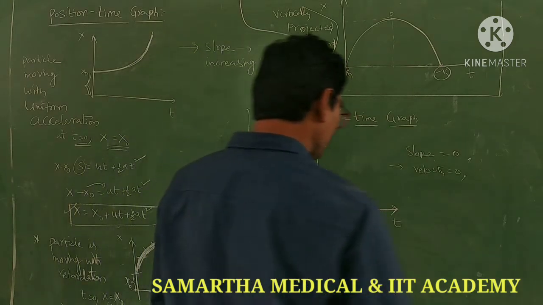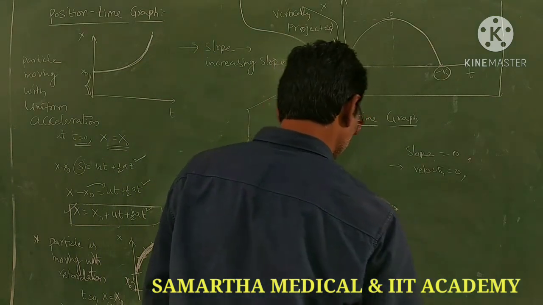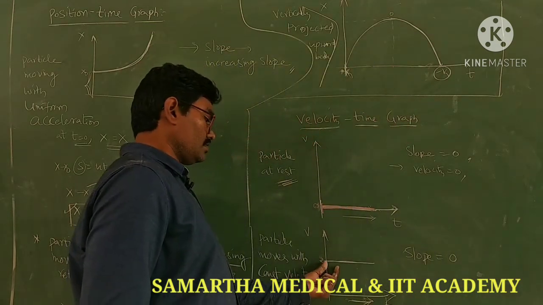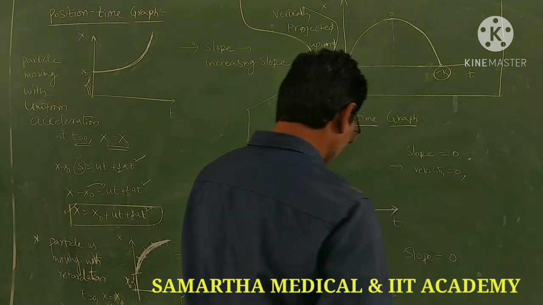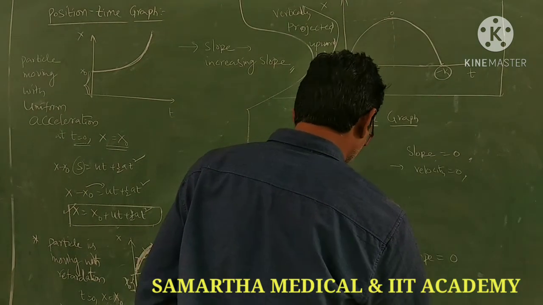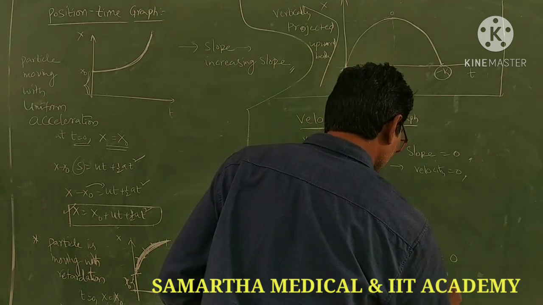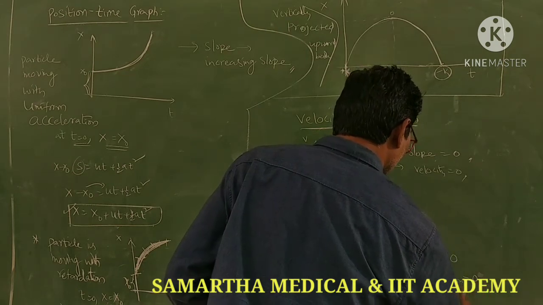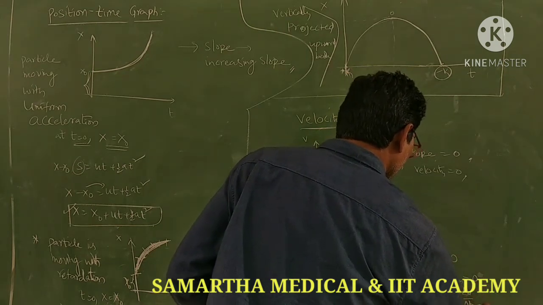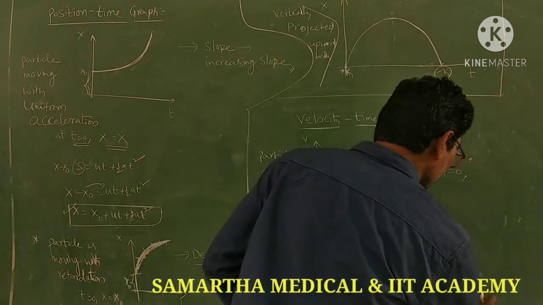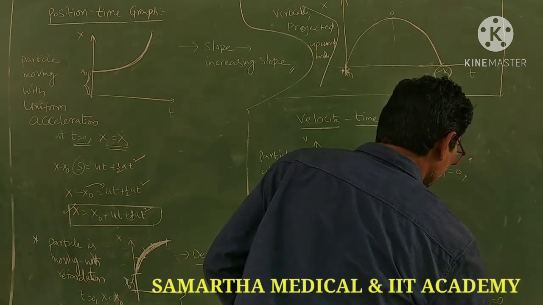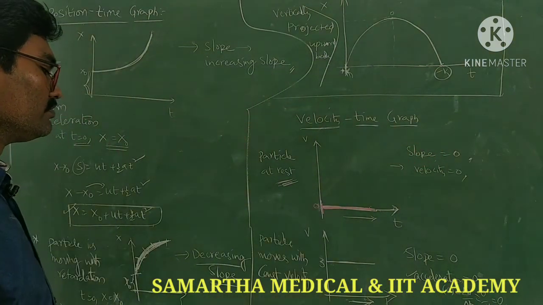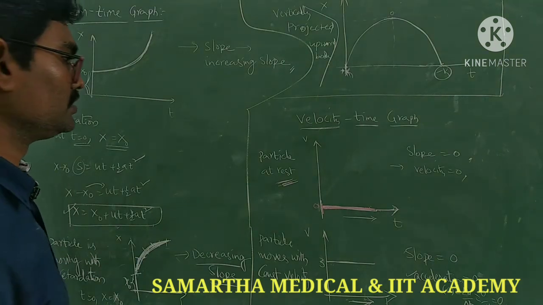In that situation, the slope of this curve is equal to 0. Slope is 0 means you can say acceleration is 0. How did we get acceleration? Delta v by delta t. Here delta v is equal to 0, so 0 by delta t is nothing but 0. So you are getting the acceleration is 0. So that is what describes the particle moving with a constant velocity, right? Next you go to another one.